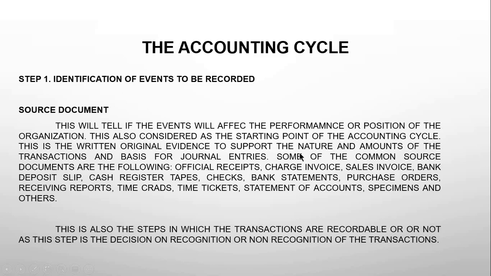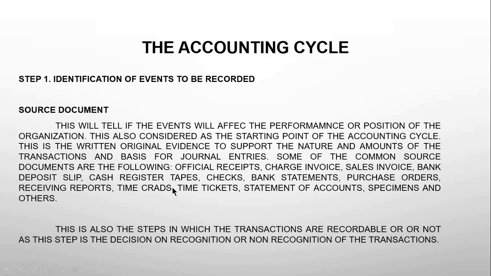Now, some of the common source documents are the following. We have official receipts. When you go to the stores and purchase materials or goods, you will receive, of course, official receipts. You have charge invoices. If you purchased on account, or if there is a sale on account, a sales invoice. A bank deposit slip when you deposit cash on hand to the bank, and then cash register tapes, checks, bank statements, purchase orders, receiving reports,